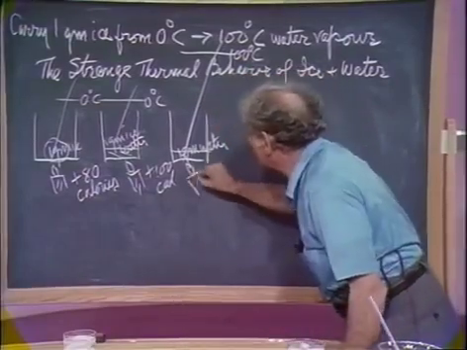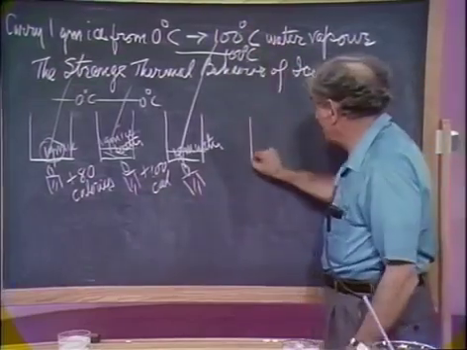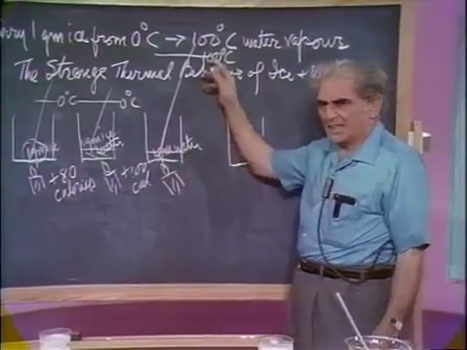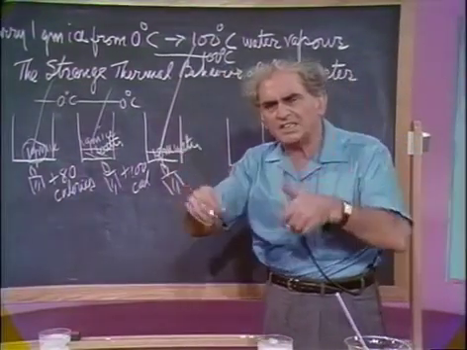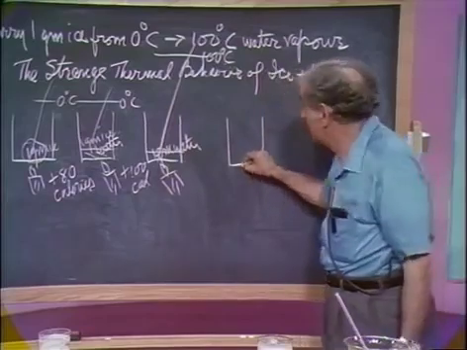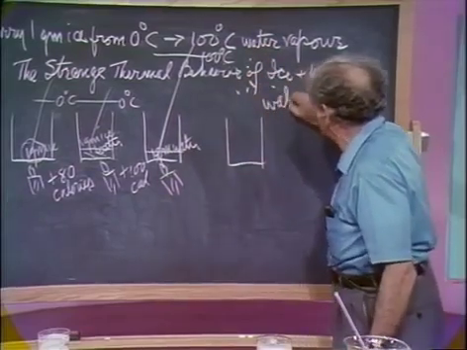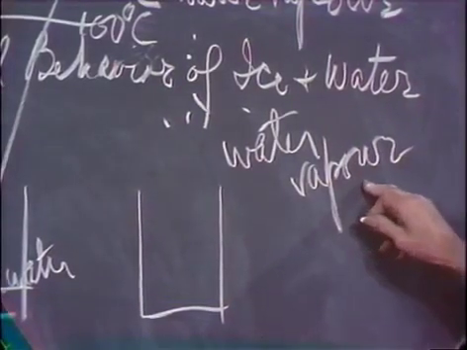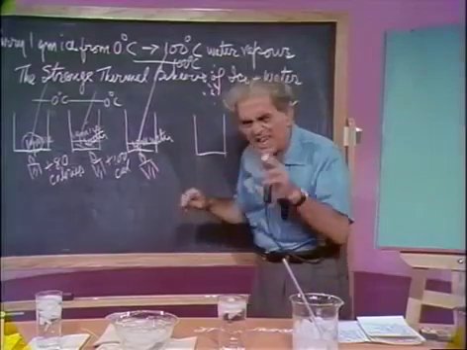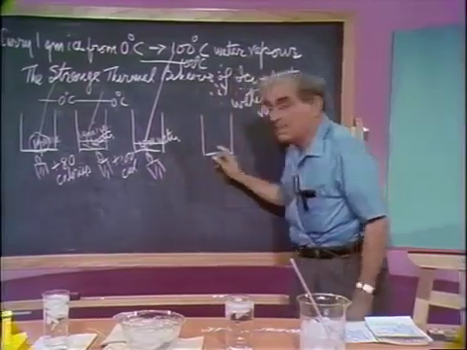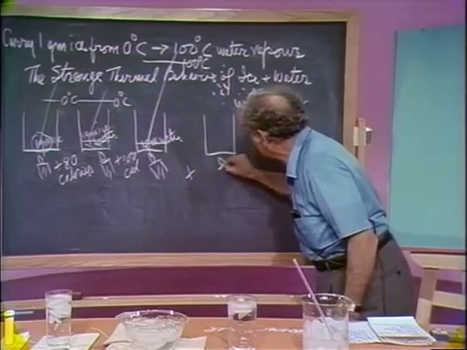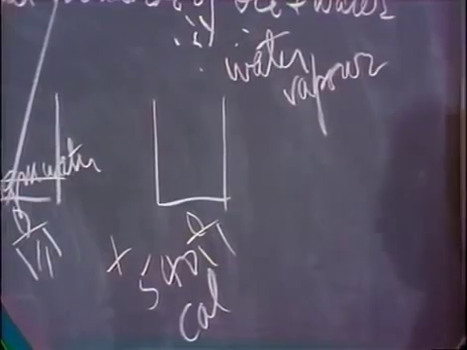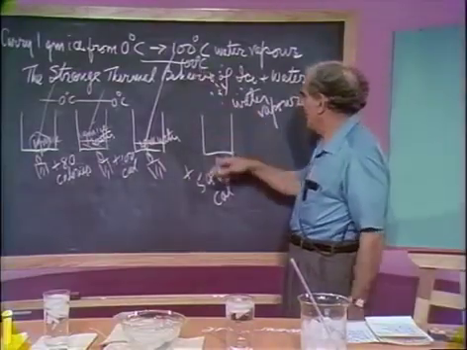Now let me add some more heat to this. Now you know what happens. I add more heat to 1 gram of water at 100. There's less and less, and pretty soon there's no water. It is all water vapor. Notice V-A-P-O-U-R or P-O-R. So it's all in the gaseous state. And how much did I have to add? I had to add 540 calories to vaporize that 1 gram of water at 100 and make it 1 gram